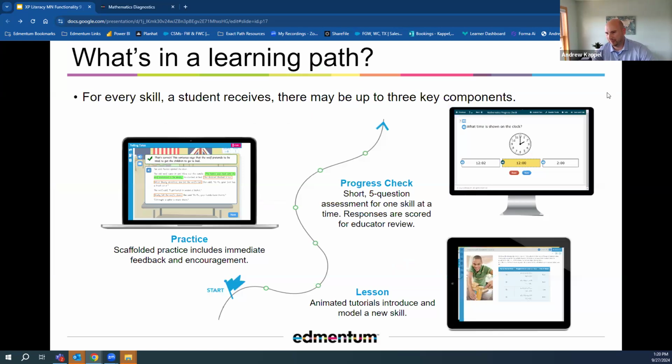So what's in a learning path? After that diagnostic, they get assigned the lowest skill that they need help with first, so that we can build up to where they need to be as far as those standards go. From K-12 standards, bring them all the way up to grade level. They get a lesson first within that skill. So that's that direct instruction, the new information or the presentation, the teaching on that skill. After they've had the chance to learn about that skill, they get practice.